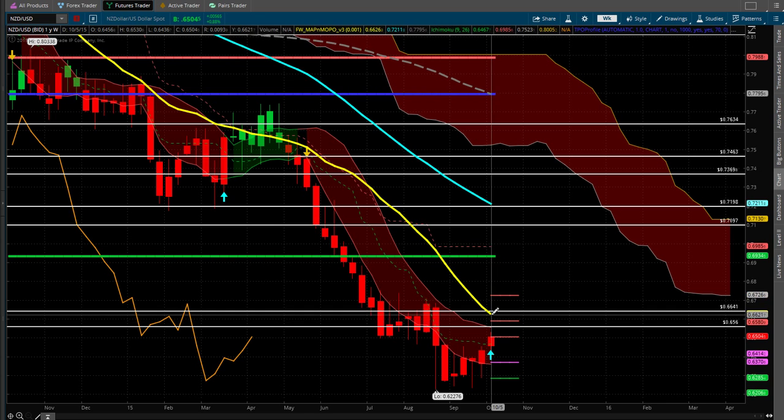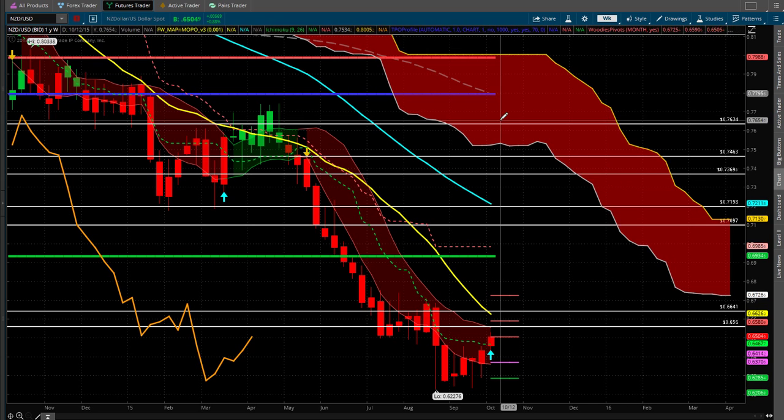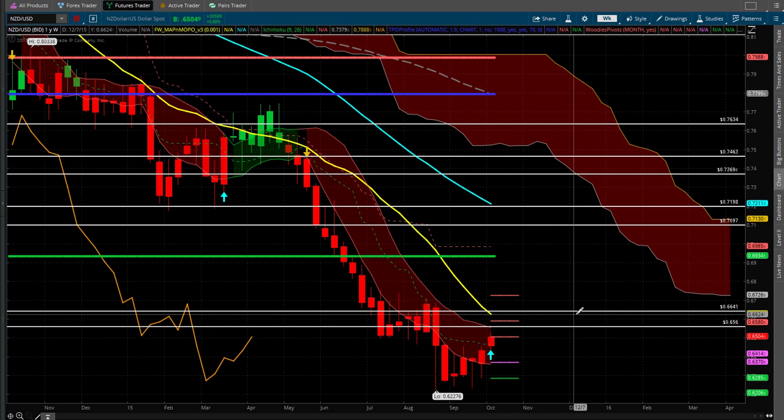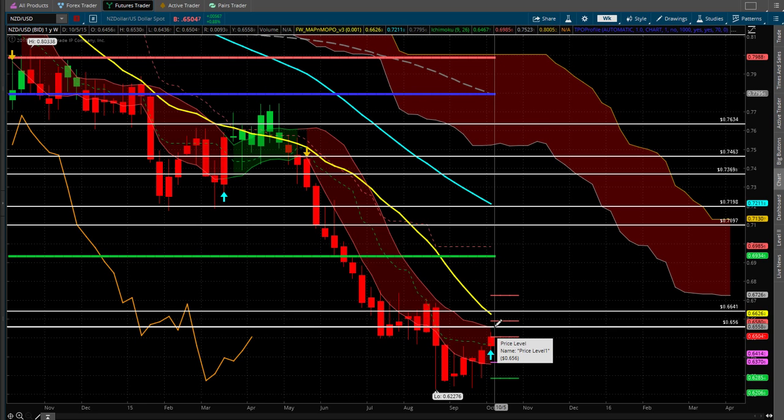If we're gonna push lower, we're still below the 20, the 50, below the cloud medium term, below the 100, and way below the value area low. And these white lines are monthly pivots. So you could probably have a possible target to the 20 all the way to that 66.41, and even that 65.60.